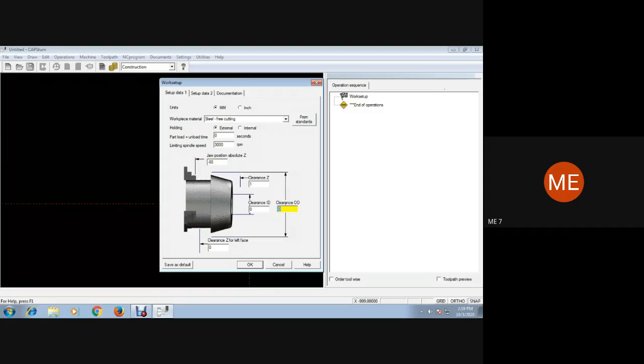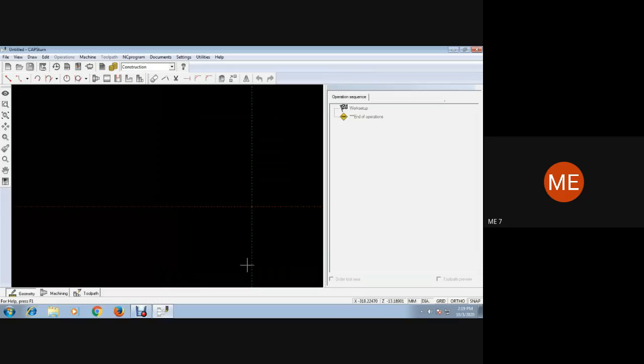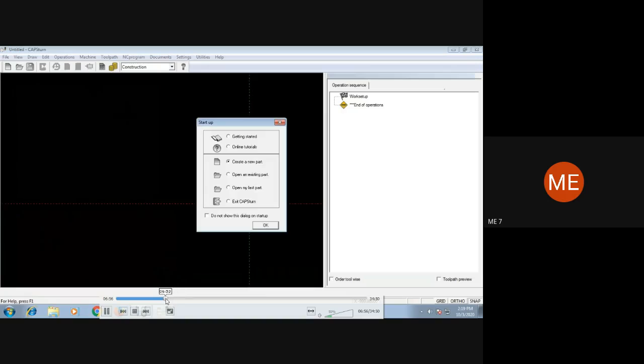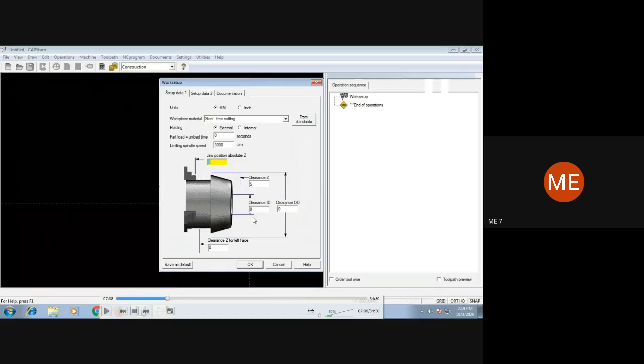So there's no internal hole or external hole, I mean inner diameter, outer diameter, and so on. Inner diameter we don't have, it's not a hole. Outer diameter is going to be the maximum diameter of the raw material. That's why we have given it here as 60. Actually, it should have been much more. There's an error.